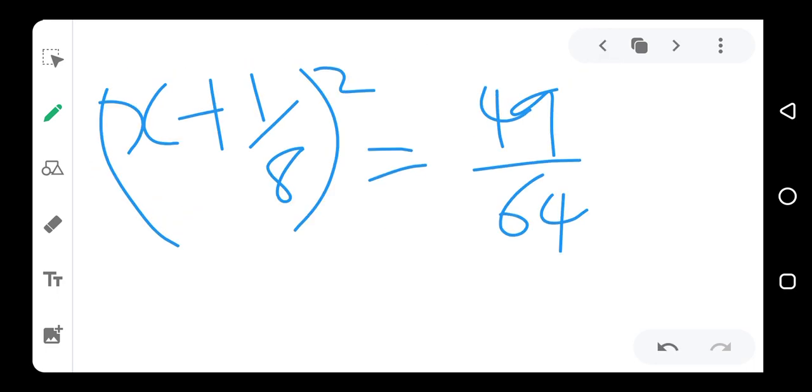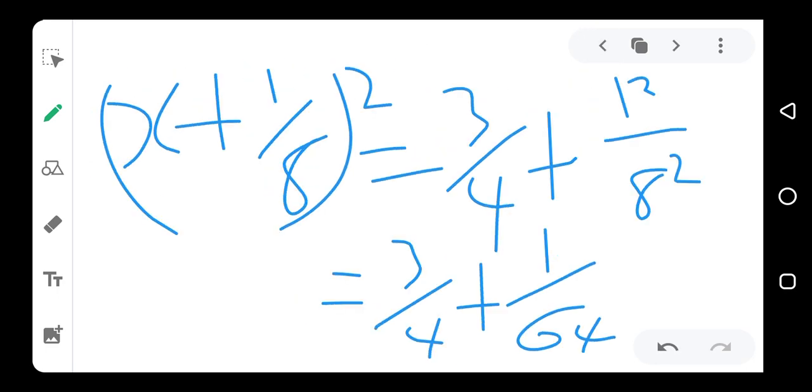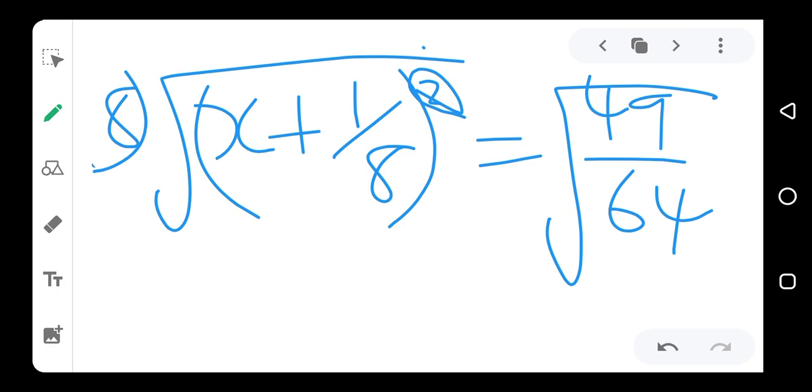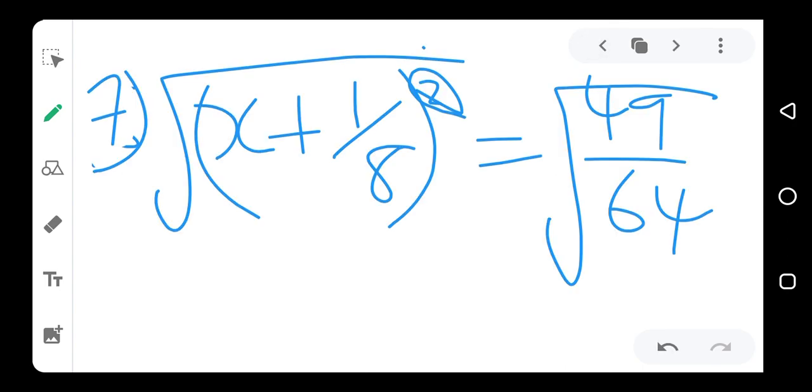This is step 7, not step 8. Step 7, yeah. In step 8, okay, we are still simplifying this. So we have